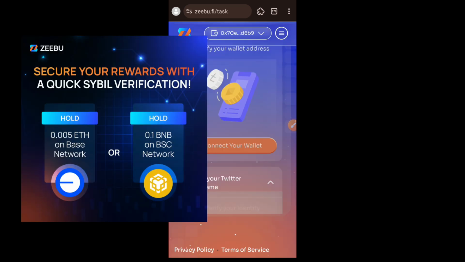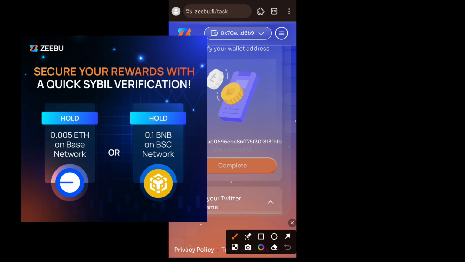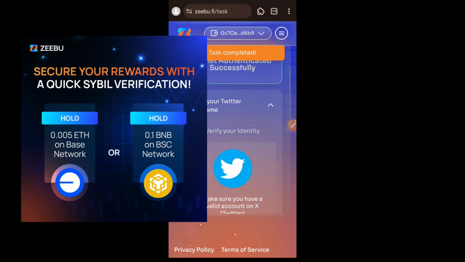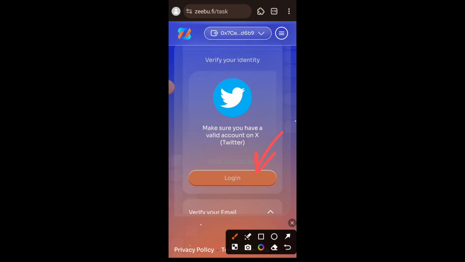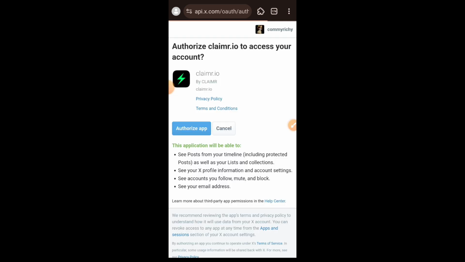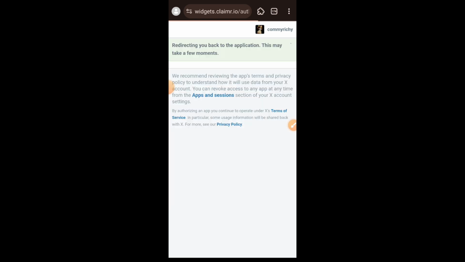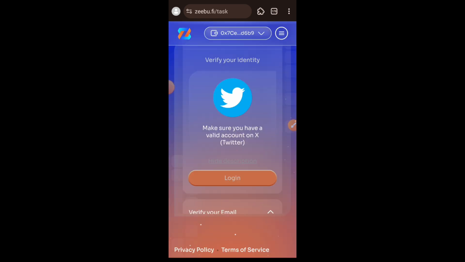Now, Zeebu have conditions for validating your wallet address, and that condition is that you must hold minimum $15 of base Ethereum or $45 worth of Binance Smart Chain in your wallet. That is when you can be considered human. If you do not have any of these balances in your wallet, then you are considered Sibyl. Okay, so I am already holding $15 worth of base Ethereum in my wallet address, so I have successfully validated